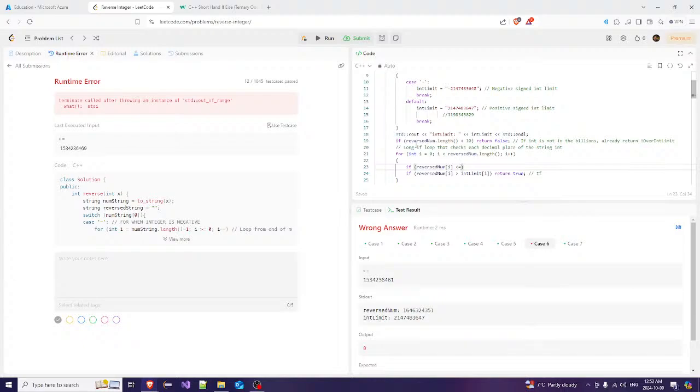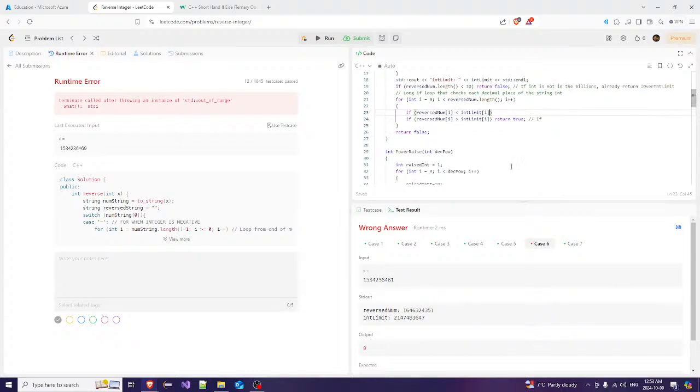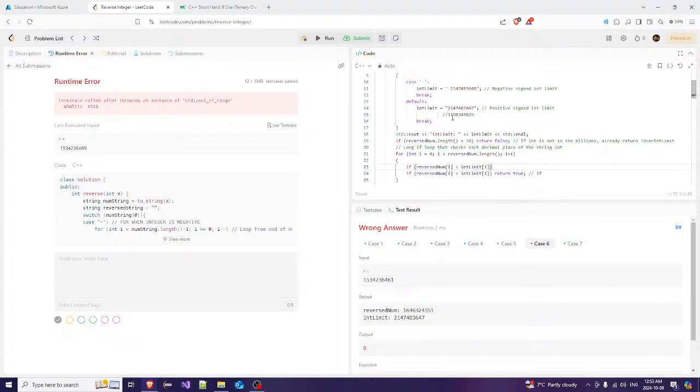Okay, I get it. If this is less or equal to the limit, keep going. Oh, but this is not. Oh no, sorry. Less than the limit. Okay, now I got it. I got the logic wrong, basically. So if it's less than the limit,